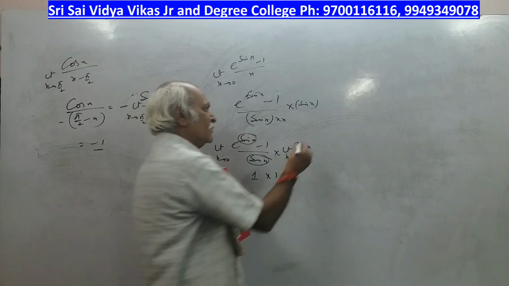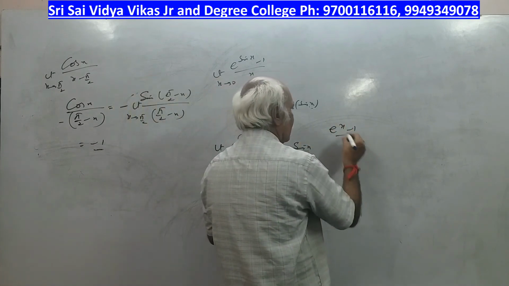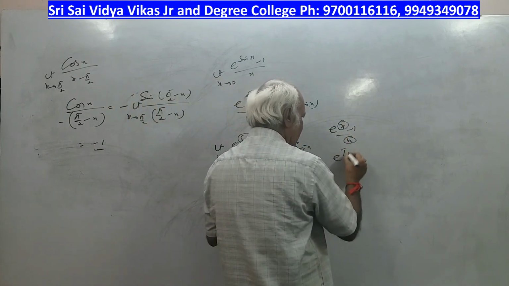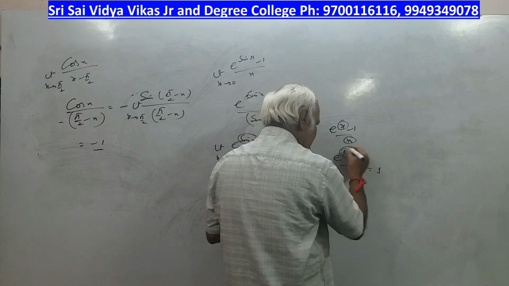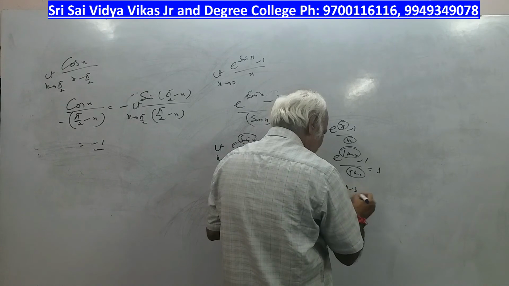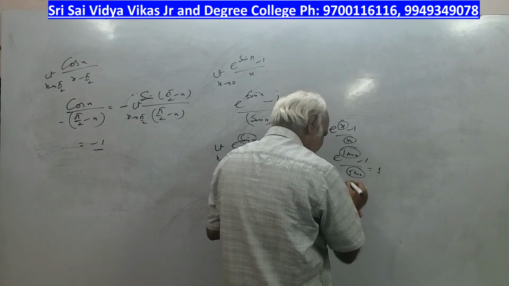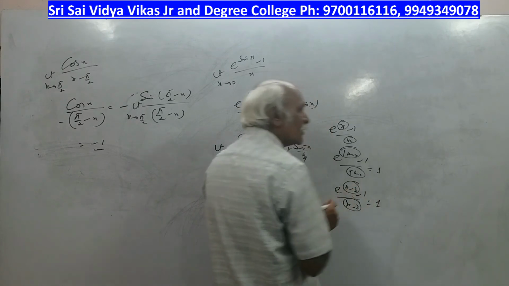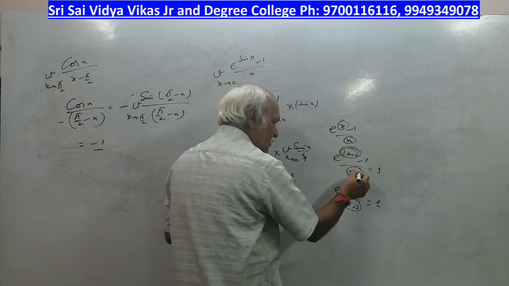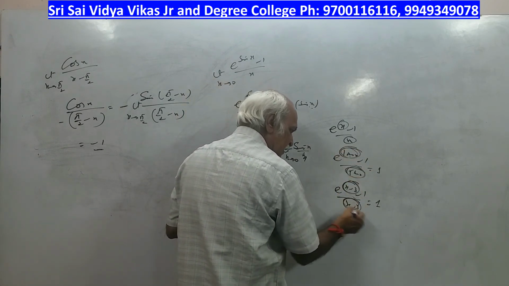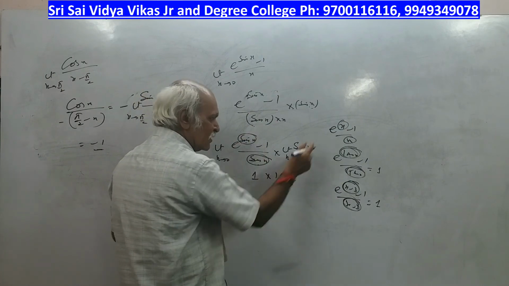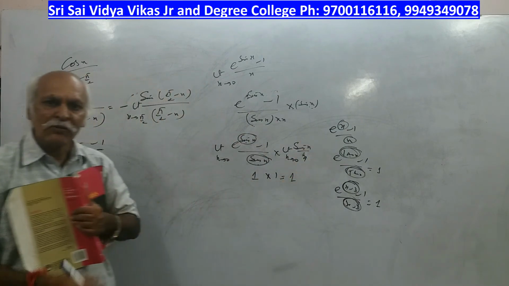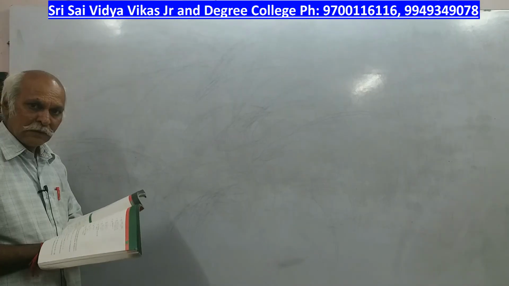Whatever we know, always remember, sir, if there is x here, there should be x here. For example, e power tan x minus 1 by tan x, this is also 1, whatever is here, here. For example e power x minus 3 minus 1 by x minus 3, here x minus 3, here x minus 3, this is also 1. So whatever value is there in the power, that should be there in the denominator, then this will be 1. Here what is there, power sin x, here sin x, so this will be 1. Sin theta by theta we know very well is 1. Okay, please note down this. Next,